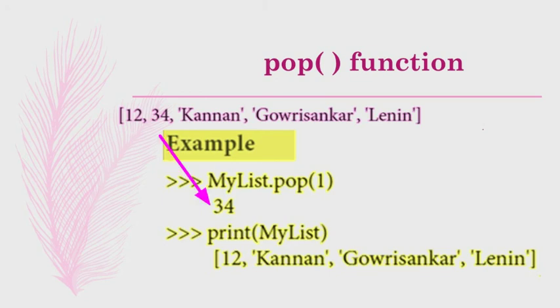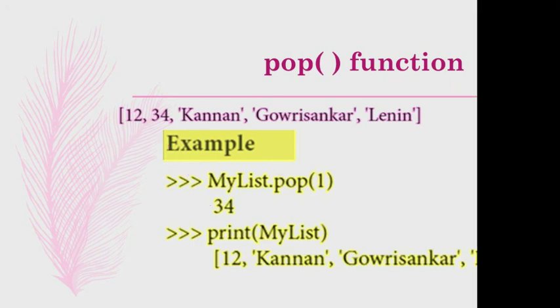It shows like this. Okay, next let us see about the clear function. What is the use of the clear function? The clear function is used to delete all the elements in a list. It deletes only the elements and retains the list, which means all the elements will be deleted, but the square bracket only will be displayed on the screen.